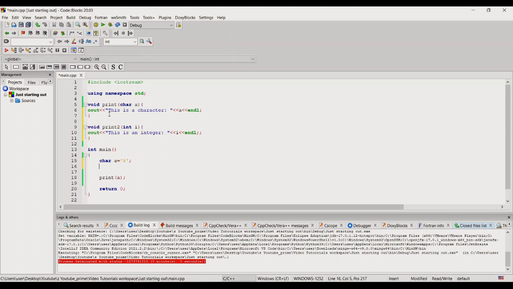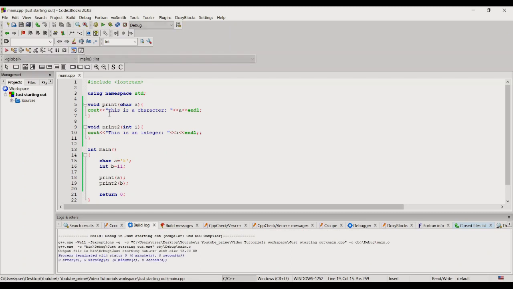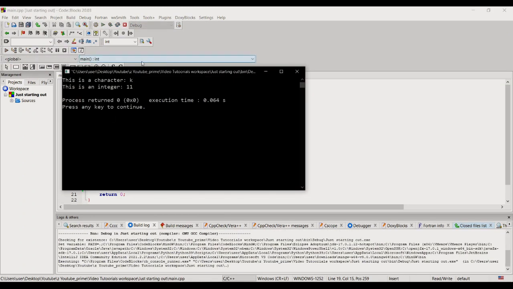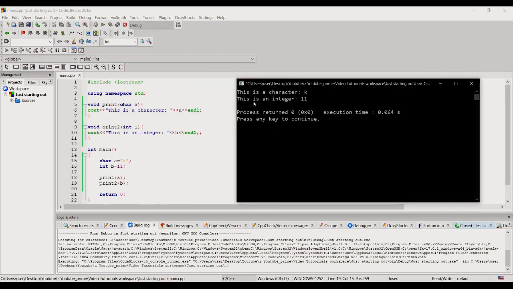And if we go to the main here, we can declare an integer like b with value 11. And we can call the function print2 with the value b. Now if we build it and run it, as we can see here, we get the function that is specific for an integer. This is an integer. Okay, pretty straightforward because we have called another function that is specific for this type of